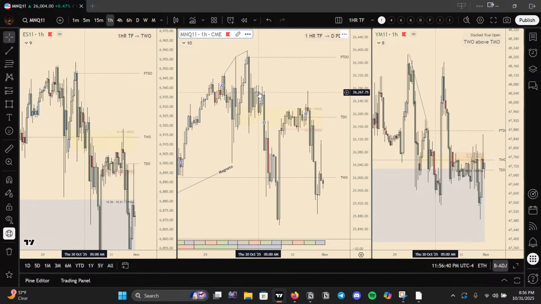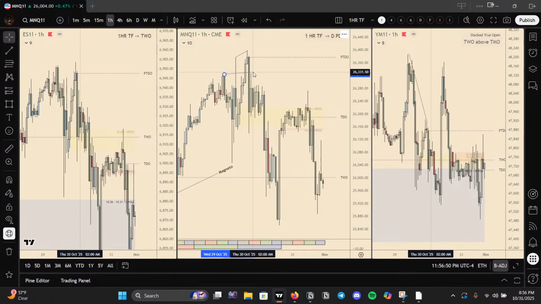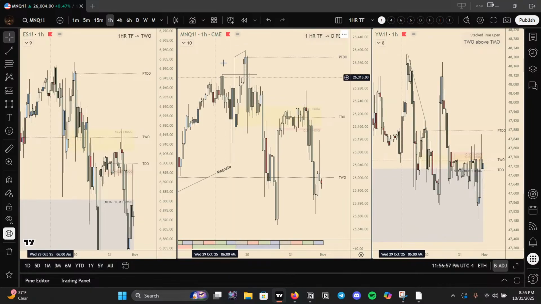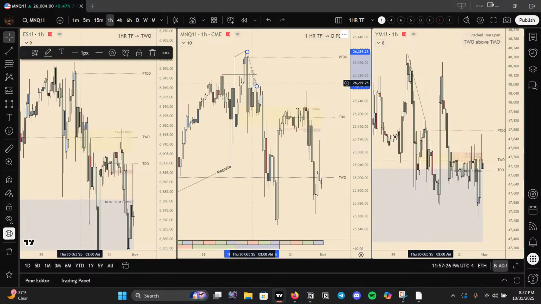So that model in itself is very, very, very high probability. What else makes it high probability? Oh, oops, I meant to grab this one. Let's put it right here. What else makes this high probability, right? You have a two-stage sequential SMT essentially. But it actually becomes a three-stage because why? You have a lower time frame sequential SMT also forming Q1 and then Q2, right? Because here